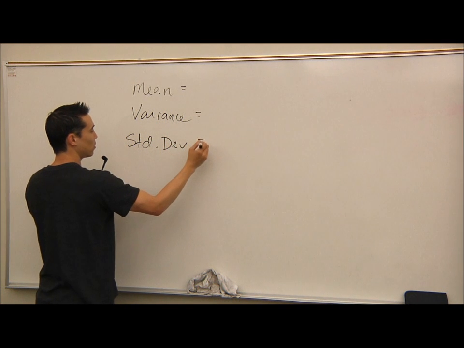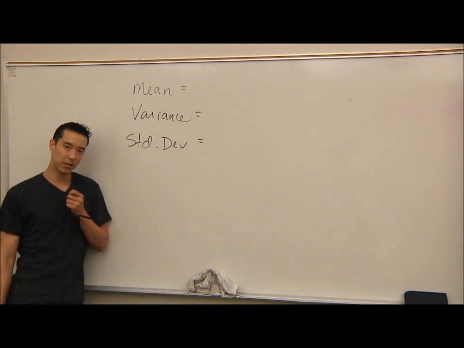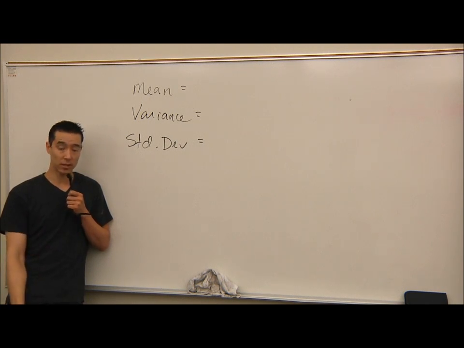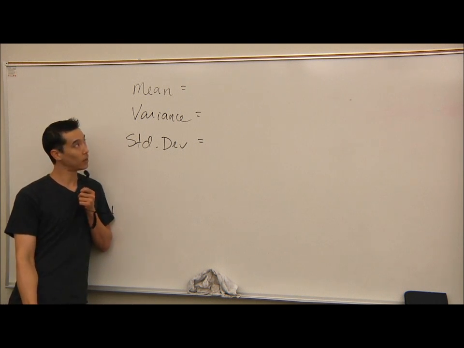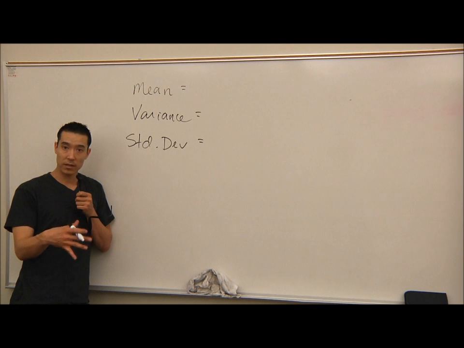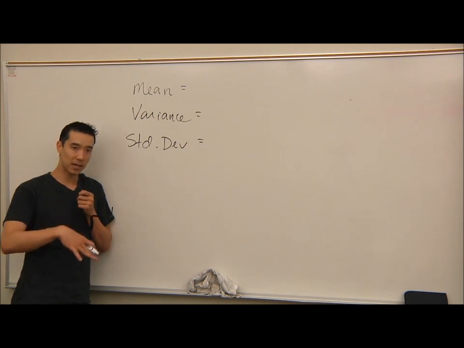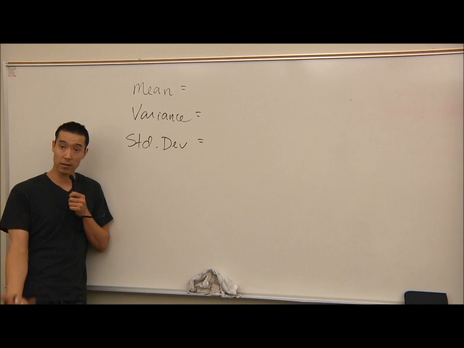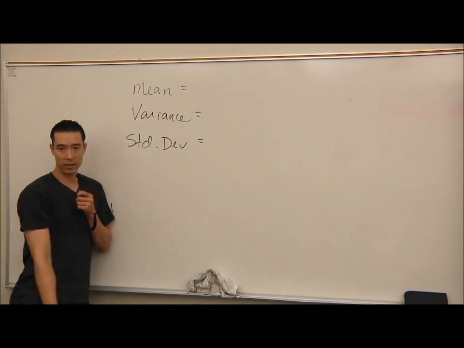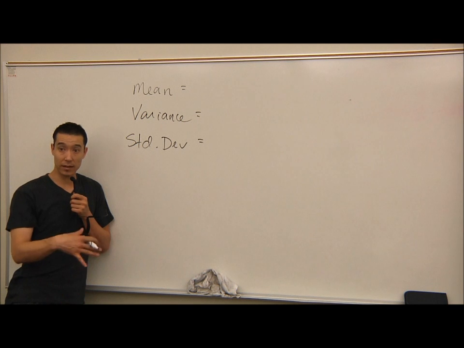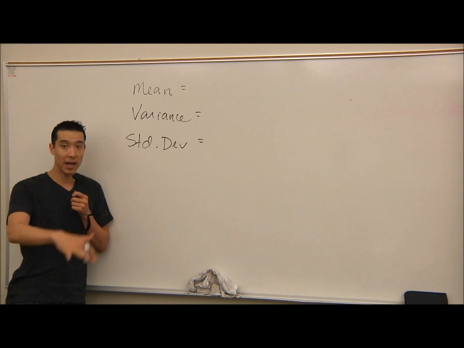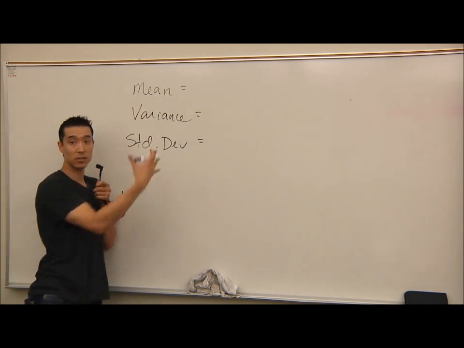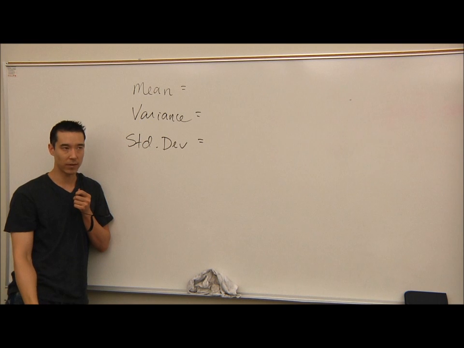From a couple of days ago, when we did the mean, variance, and standard deviation from a probability distribution, it was a lot of work. Why? What did we have to do? How did I find the mean, or the expected value? You had to go through each one and do x times p of x plus x times p of x plus x times p of x and add all those up, right? How did I do variance? I had to do x squared times p of x plus x squared times p of x plus x squared times p of x, add all of those up, and then subtract the mean squared. These were long formulas that we had to deal with.